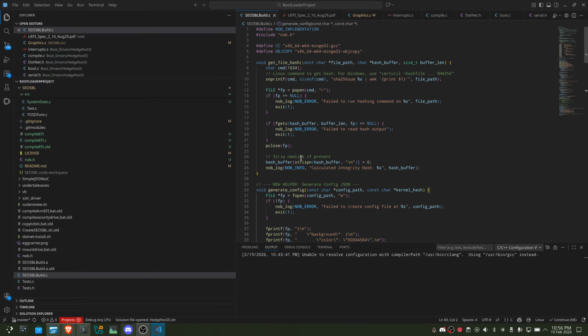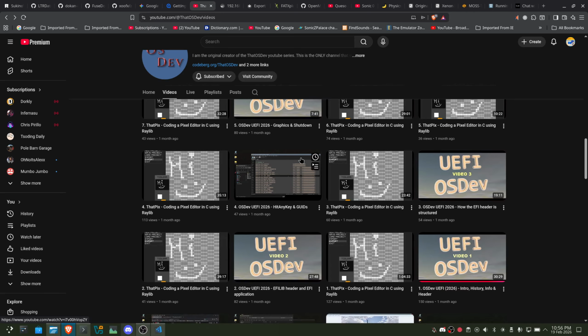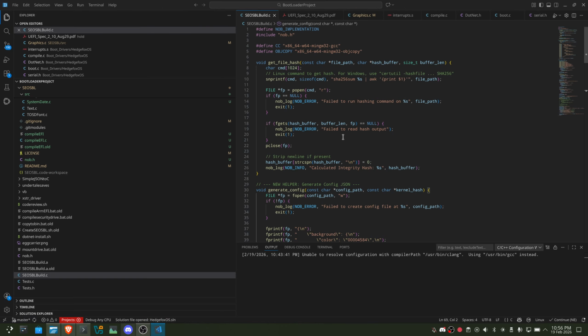So he uses different tools. What I am using, though, is a build system that is kind of different, because this build system is actually using the C compiler directly. So the build system is called Nob. It's created by this